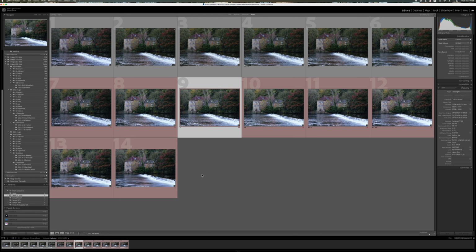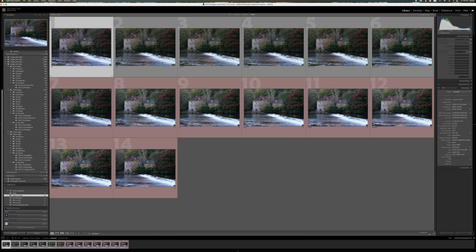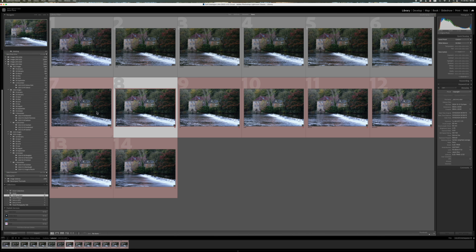we have in green the 24-105 zoom lens, and in red at the bottom we have the prime lens, which is the 85 f1.8. I've also given the star ratings here, so the 1 star is at f4, 2 stars at f5.6, 3 stars at f8, 4 stars at f11 and 5 stars at f16. f22 is also at 5 stars here. And again on the prime lens, starting with the 1 star at f4, but I've also got f2.8 and f1.8